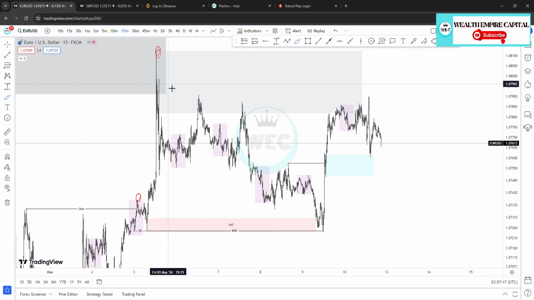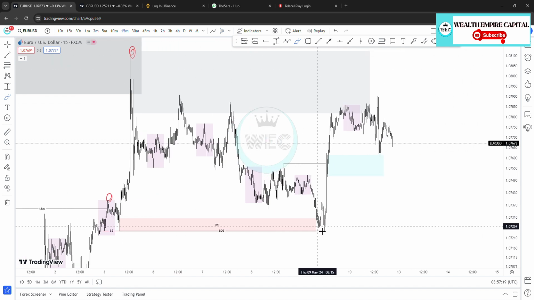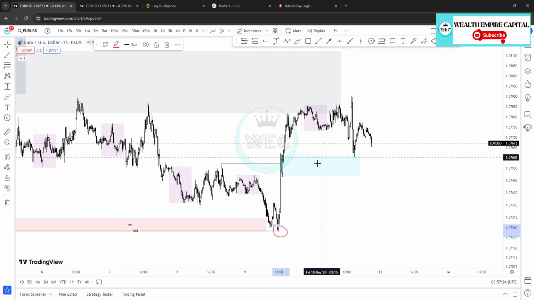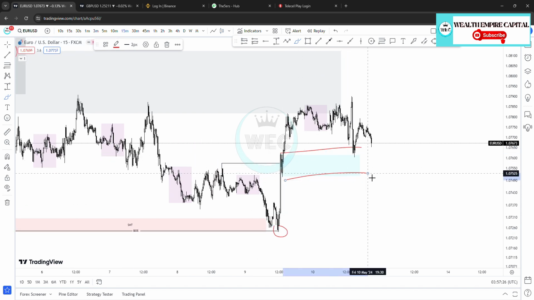Even though intraday is bearish, I see this as a liquidity grab of these equal lows, and internally we have this obstacle over here which can actually give a reaction. We can even have price maybe inducing this last low, because that is Friday's low. So inducing the lows and then pushing up to take out the high,